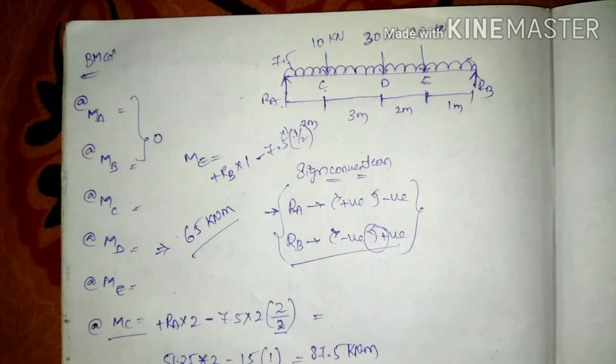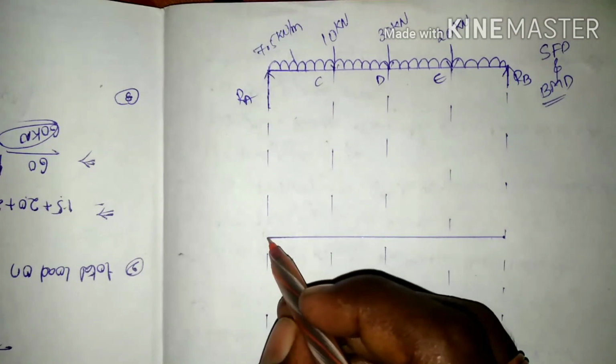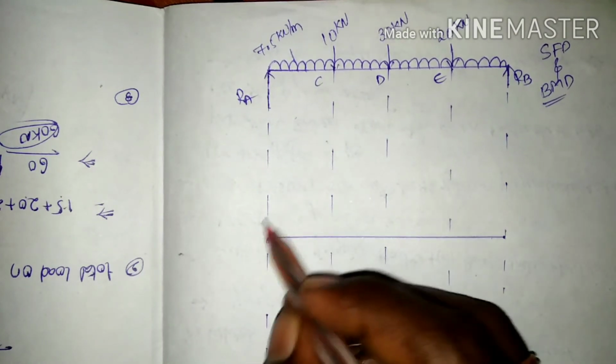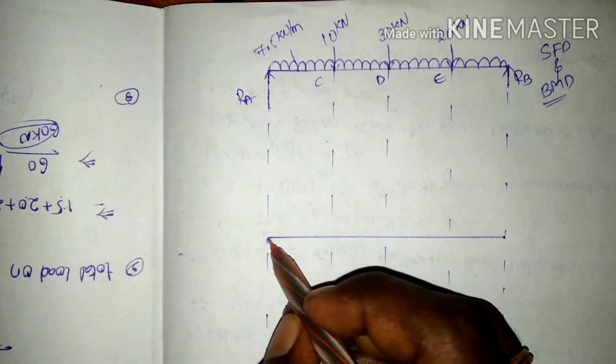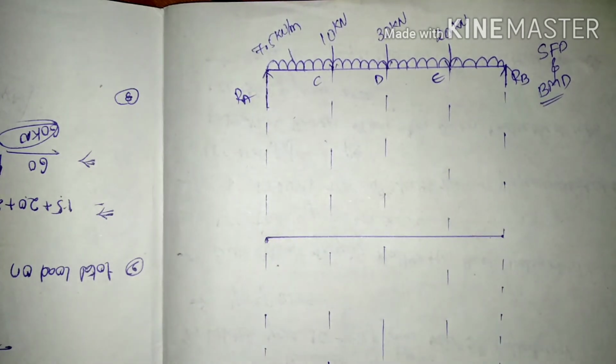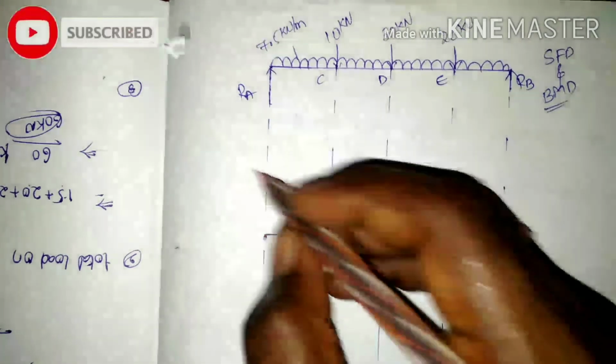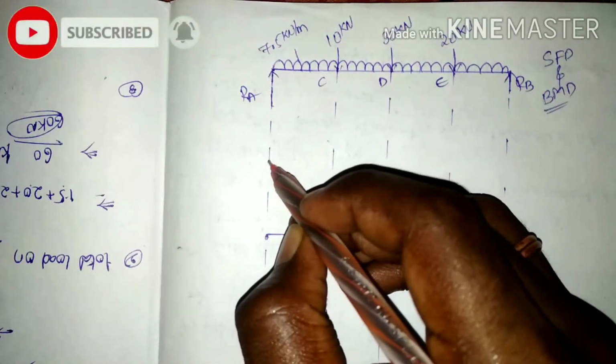From these values of the bending moment calculation and shear force calculation, we are going to draw the shear force diagram and bending moment diagram. Here is a sketch to draw the shear force diagram and bending moment diagram. Let us have a point here, because to the left of A we have 0. To the right of A, we have a value 51.25. Let us have a point here for the 51.25.